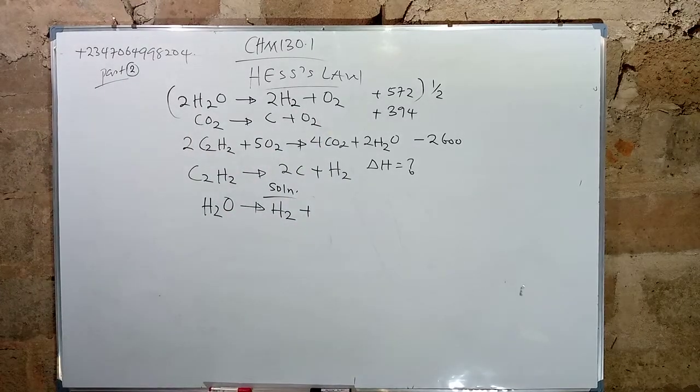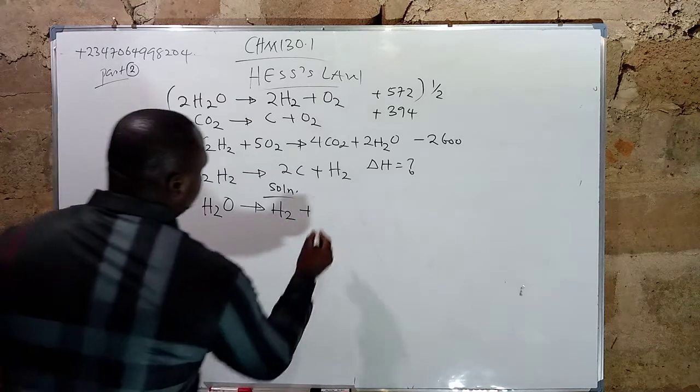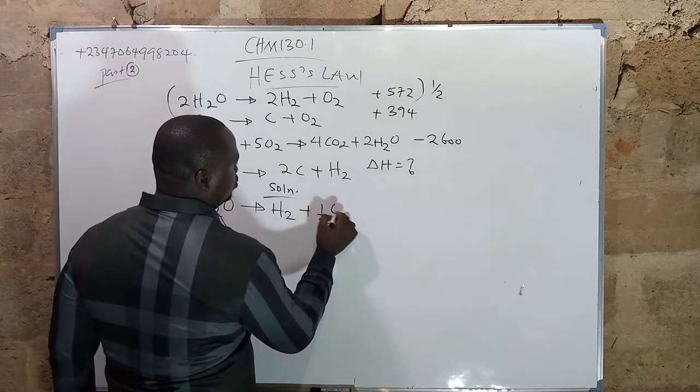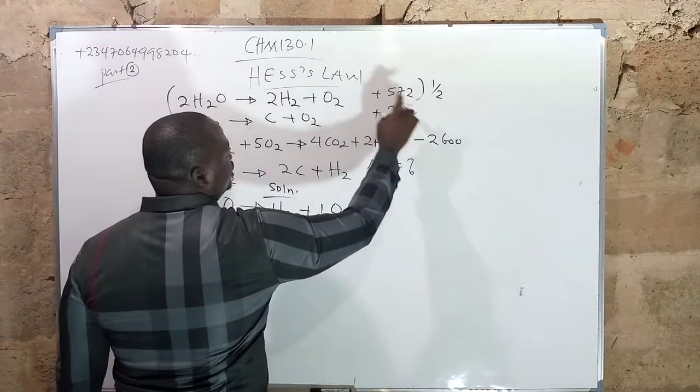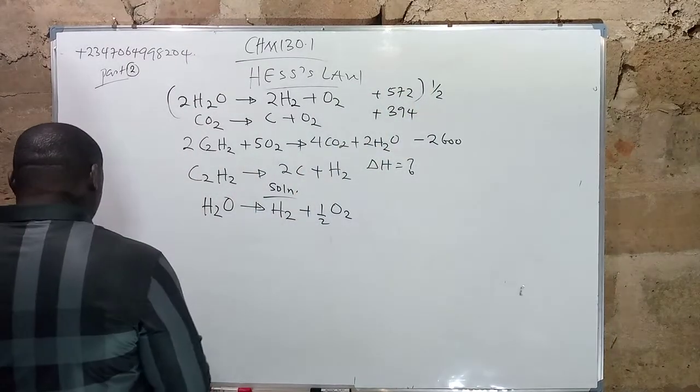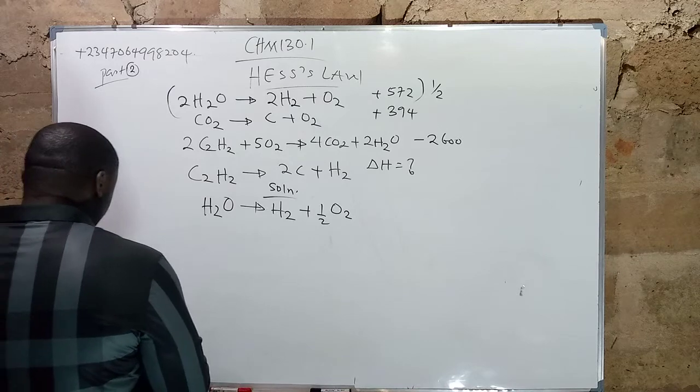You divide it by 2, don't be confused. You divide it by 2, here will give us plus 1/2 O2. Of course, the delta H must also be divided by 2. And if you divide it by 2, you should get